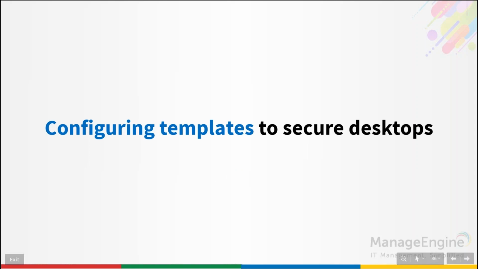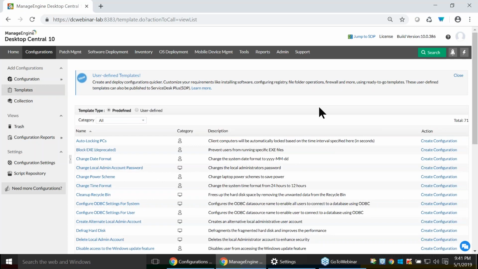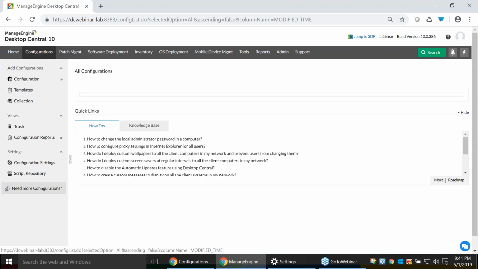Configuring templates to secure desktop. So Desktop Central provides 50 predefined templates. It's more than 50 predefined templates. Also, another template type is going to be user-defined. So what does a user-defined do? So let's say I have set up configurations,